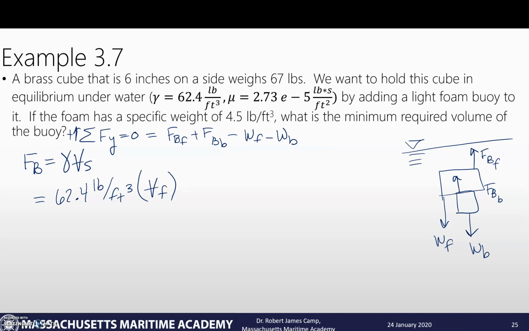Now we've got the force of buoyancy on the brass. It is still going to be 62.4 pounds per cubic foot, because we're looking at the fluid that's being displaced. Actually, we can write this a little bit simpler. As I've always said, we should really put the numbers in last. So it's the gamma of the water times the volume of the foam, plus the gamma of the water times the volume of the brass,